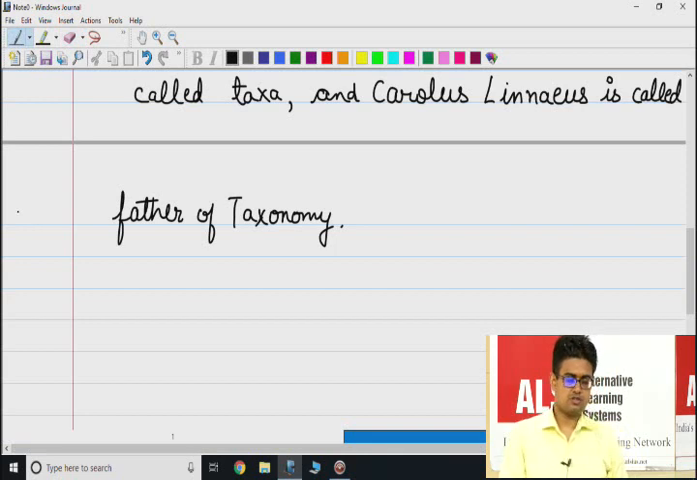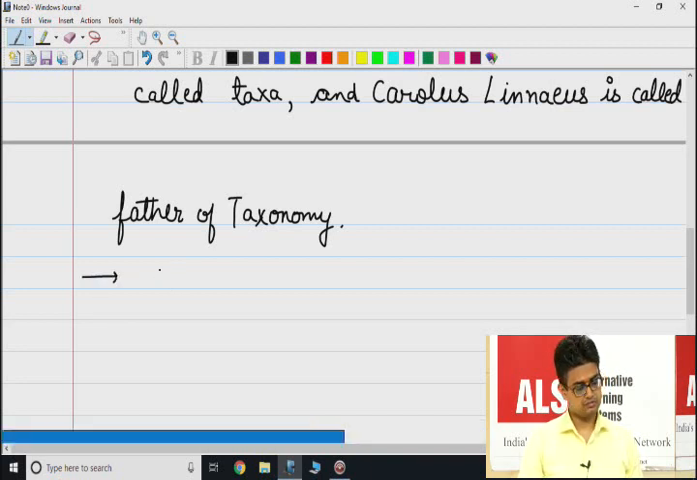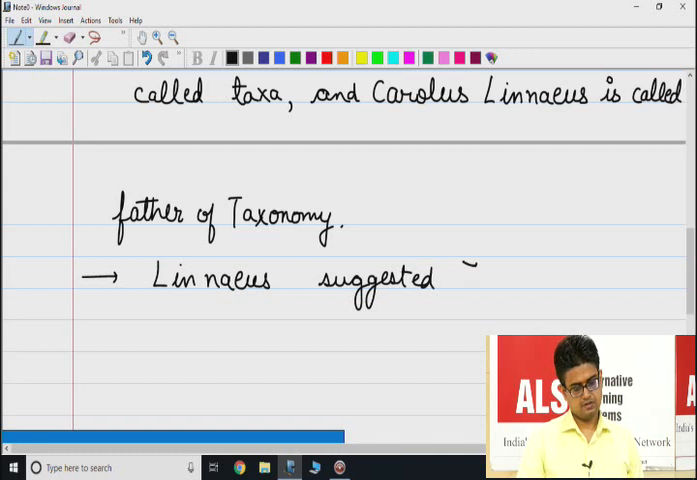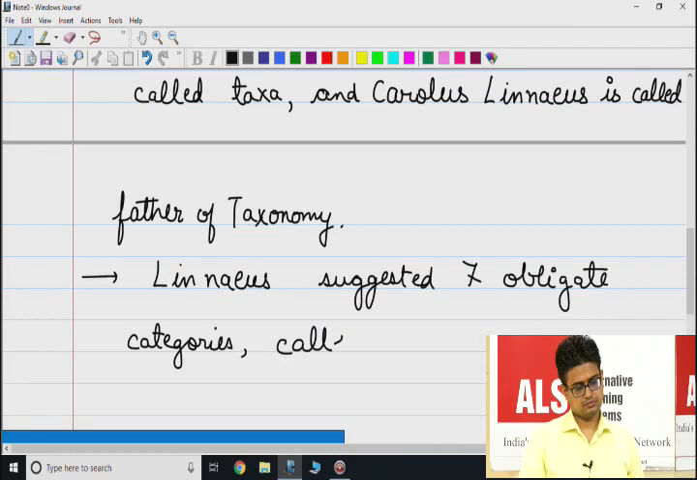So Carolus Linnaeus is called father of taxonomy. Linnaeus gave 7 obligate categories called taxa. Linnaeus suggested 7 obligate categories called taxa. These are,